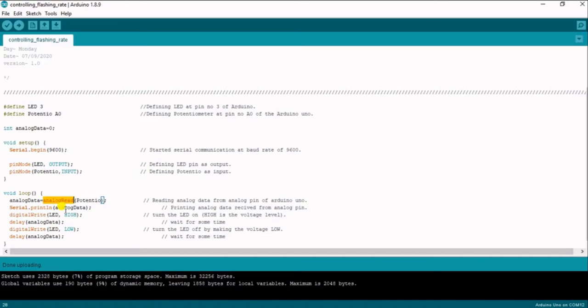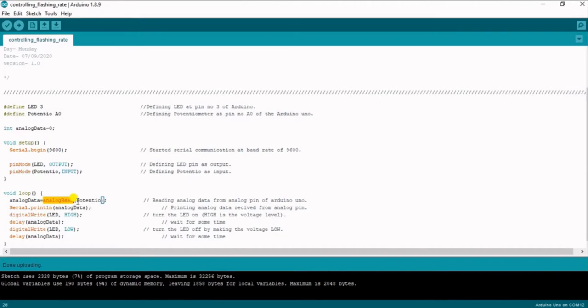For 0 we have 0, and for 1, that is 5 volt, we have 1023 in analog form. In analog we can get data between 0 and 1023, like it can be 500, 400, 201, 702, 805, anything. But in digital we have only 0 or 1.